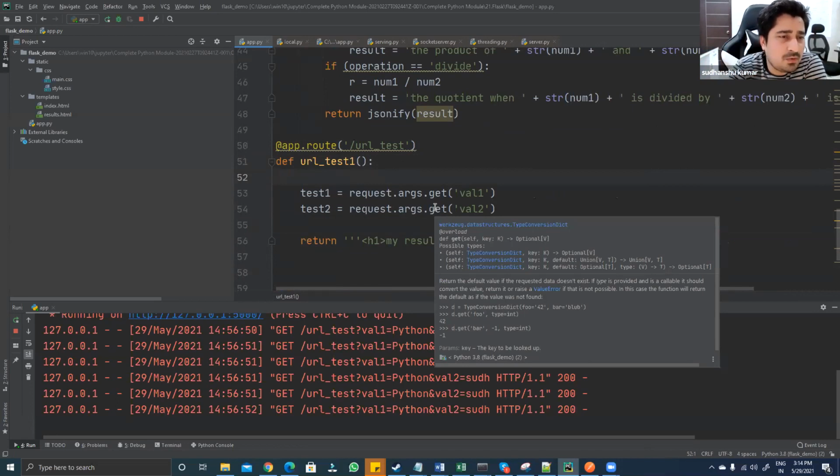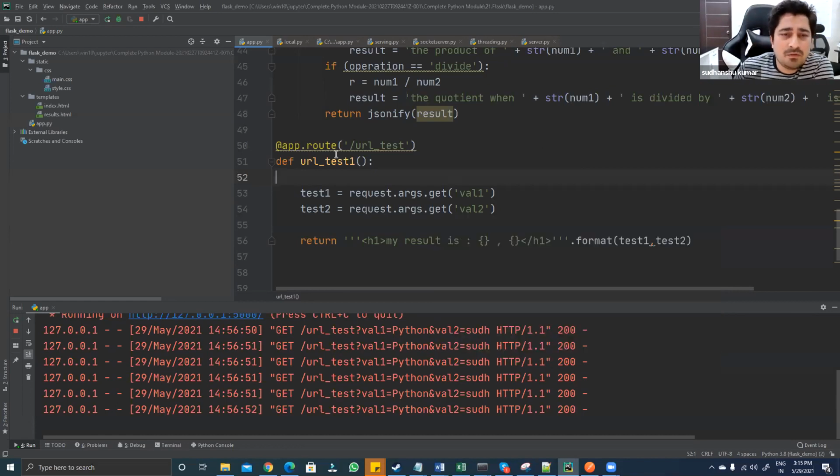This time I would like to send a request, or access my method or my Python functions, with the help of a URL, a browser URL. So how is it going to work, how are we going to build this kind of application? Let's try to understand. It's very simple, very easy if we understand Flask, and if you have already attended our previous session. Okay. So here you will find a simple app.route